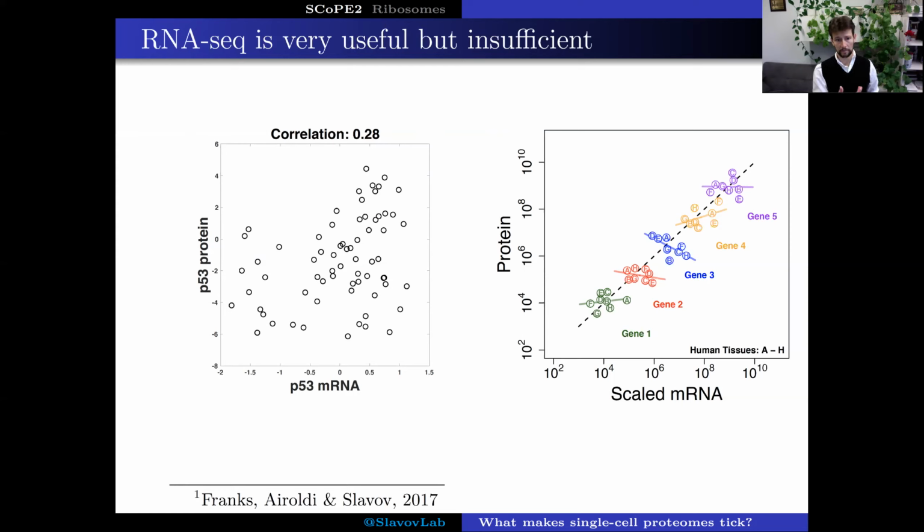And as a particular example here, I point to the well-studied protein p53, the famous cancer tumor suppressor gene. And if we measure its abundance at the transcript level or the protein level across a cohort of cancer patients, we find that the correlation is rather poor. And if you see poor correlation between RNA and protein, you should always suspect that this is due to measurement error. In this case, this is not what's happening